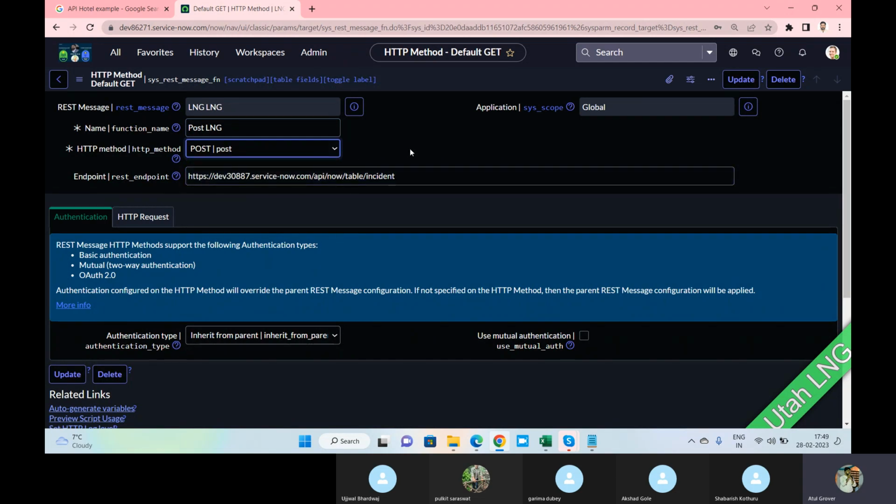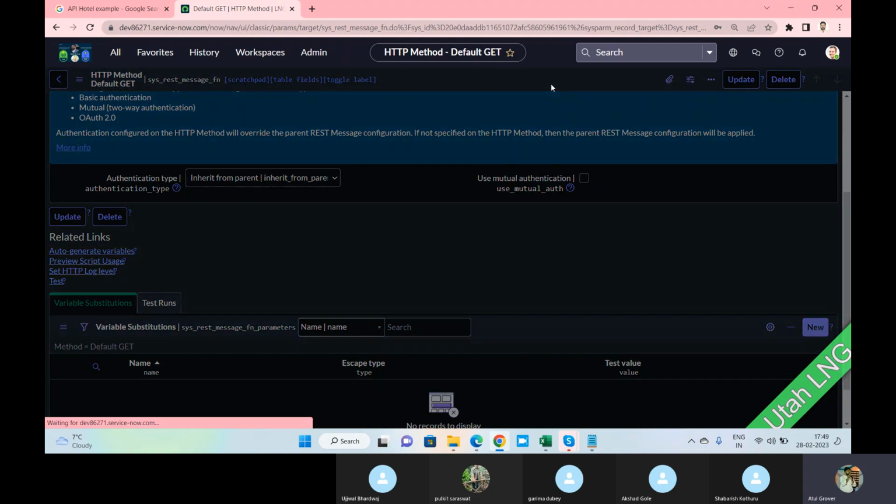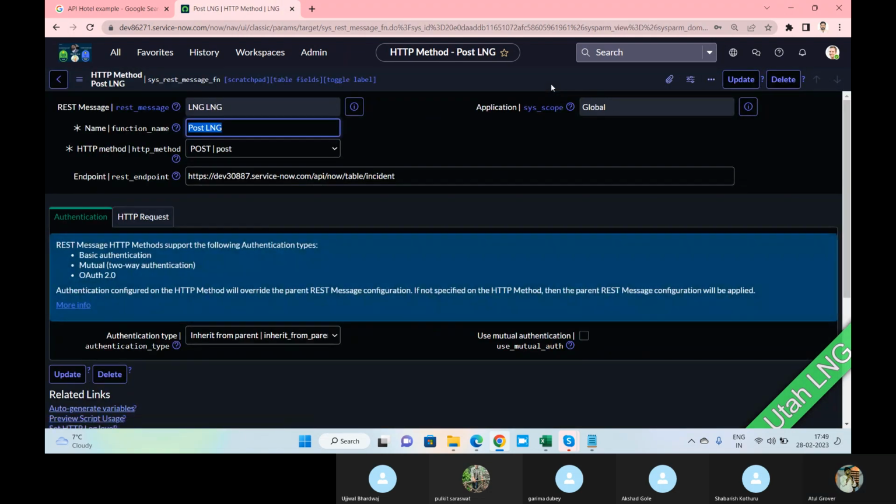It means what I created here should go to that instance. For authentication, I said use it from the parent only, no problem. Now click on save. Number 1 point has been done.